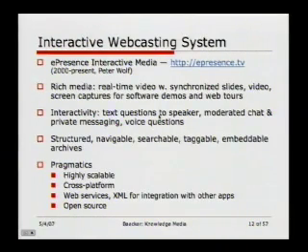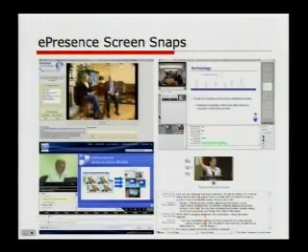And it builds archives that are very, very rich. They're structured in that it uses the same idea that MAD did of hierarchically structured documents. You can use that structure to navigate using a two-level table of contents or a timeline. You can search any text that appears in the PowerPoint slides or in the metadata. We're working on the ability to search the voice track, and it's taggable and embeddable. I don't have time to explain that. So here are a few